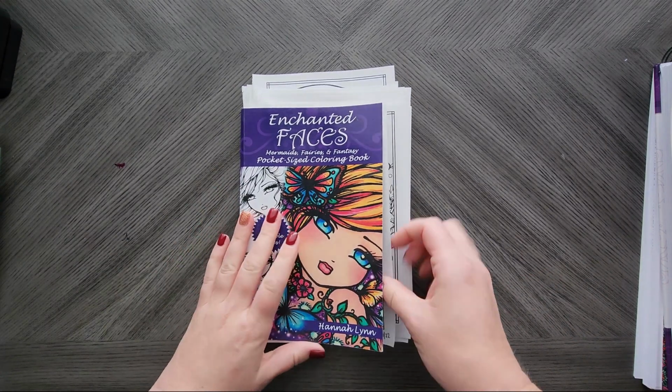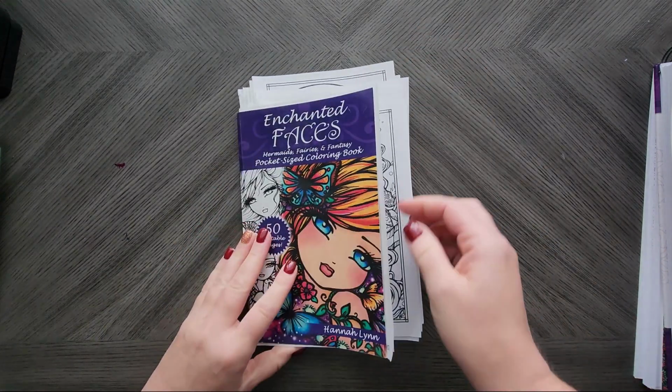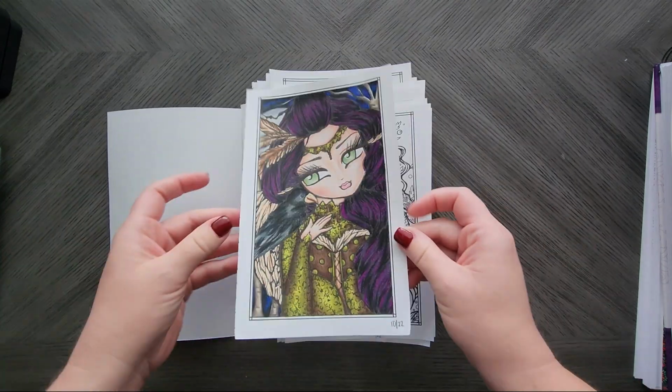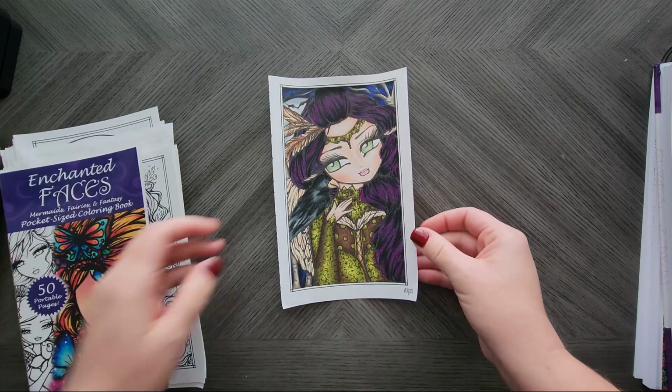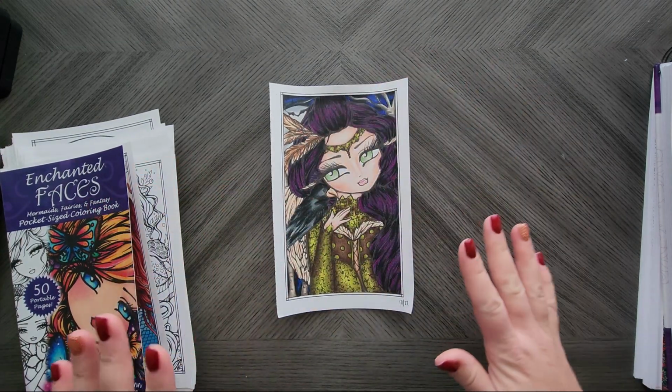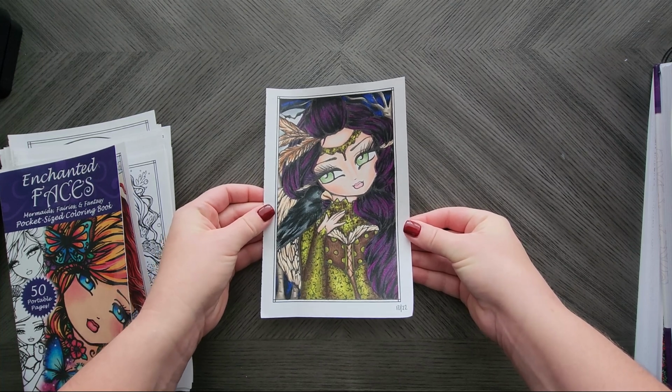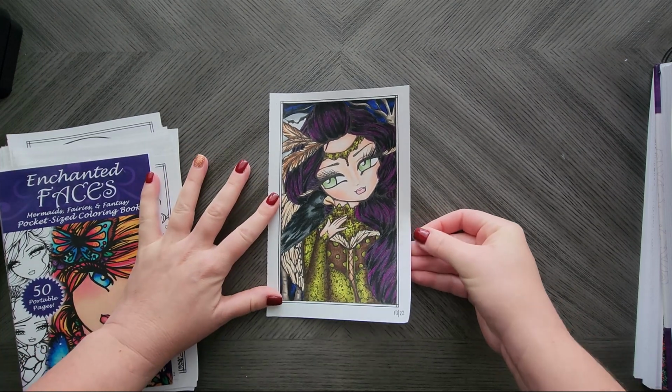Okay, in my Enchanted Faces, this thing's all torn apart. This is one of my 10 books to finish. I did complete this little gal. I love these mini books. These are just, I don't know, they're so fun and easy to belt out real quick, but this is